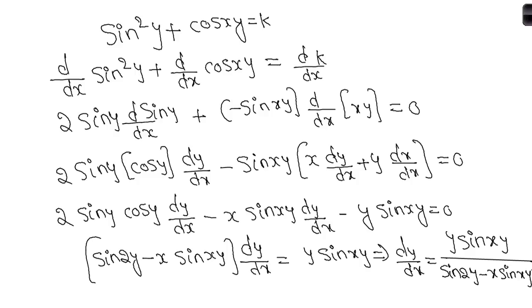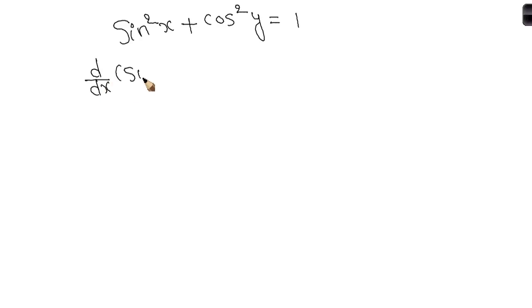Okay? Let me solve the next question then. Find the derivative of the function sin square x plus, it is not cos square x, it is cos square y is equal to 1. So differentiating both sides with respect to x, derivative of sin square x plus derivative of cos square y with respect to x, is equal to derivative of 1,